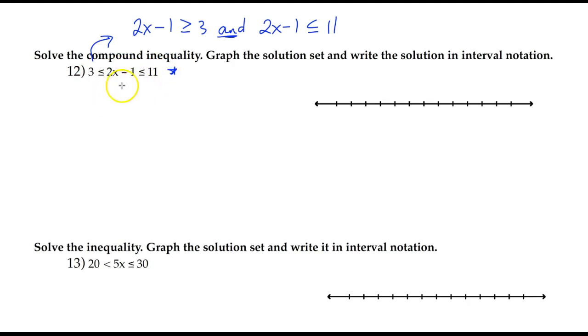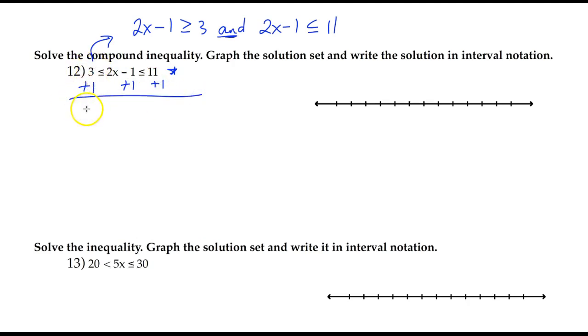Okay, so to solve an inequality, it's the same rules as we use to solve an equation. The only thing that's different is that whenever we multiply or divide both sides, or all sides, of an inequality by a negative number, we end up having to flip the signs, okay? Or as we say, change the sense of the signs. So as long as we don't have that issue, everything is pretty much the same as solving equations. So here I want to get x by itself. So to do that, first thing I know I have to do is add 1 to all sides of my